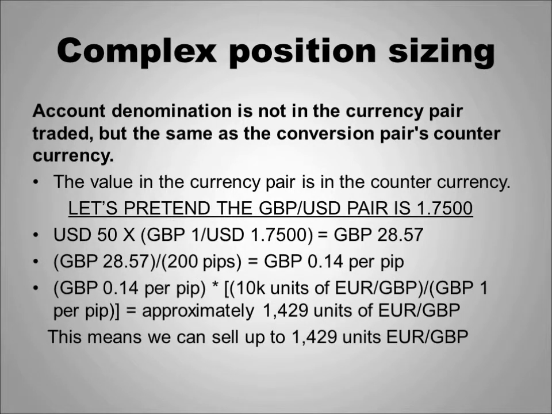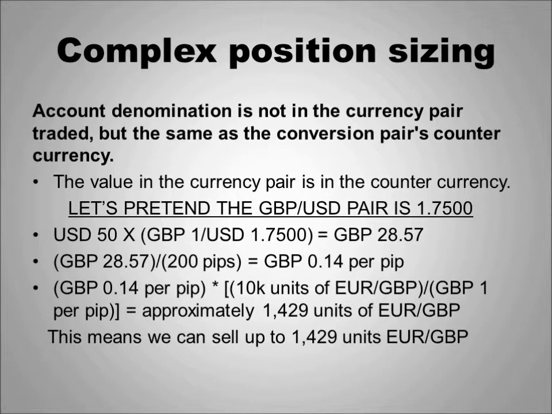Actually, excuse me, not 14 pounds, but 14 100ths of a pound. So 14 100ths of a pound. I read the decimal wrong. And multiply that by 100,000 units of the euro-pound pair. Divide that by 1 pound per pip, and we have an approximate value of 1,429 units. So that just means when we open up our position, we should sell no more than